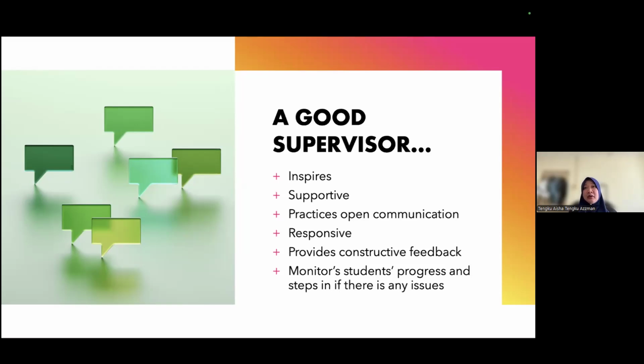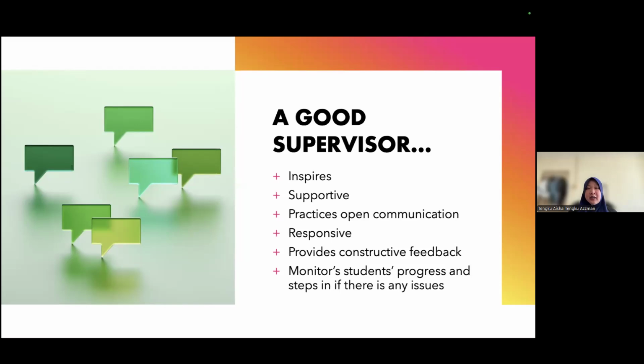And in communication, negotiating deadlines is also very important for final year students, because they're taking an internship class at the same time as FYP. We have an internship class where they are required to organize workshops and programs related to their field. So it can get very hectic. So I think both on the supervisor and the student end, you have to be open and you have to be flexible to a certain extent. And of course, being responsive and providing constructive feedback is very important for a good supervisor to do.